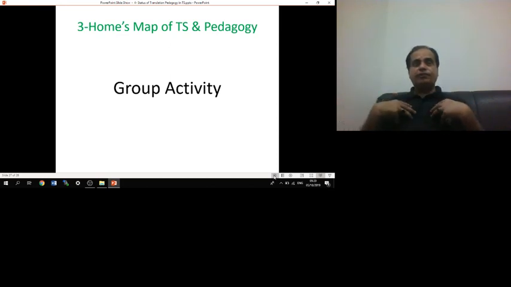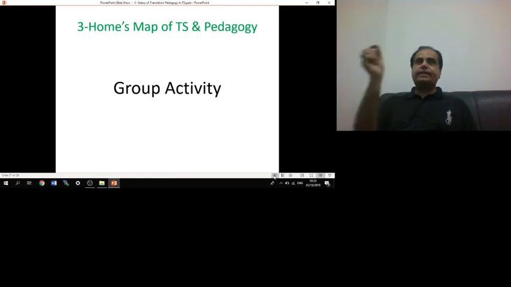We can also, if we have better knowledge in the area of translation studies, relate this in a different way. But let's be focused on this map and do this activity, that you write down the relationship of translation pedagogy to the other parts of translation studies. And also you try to find the give and take dynamism between translation pedagogy and other areas of translation studies.